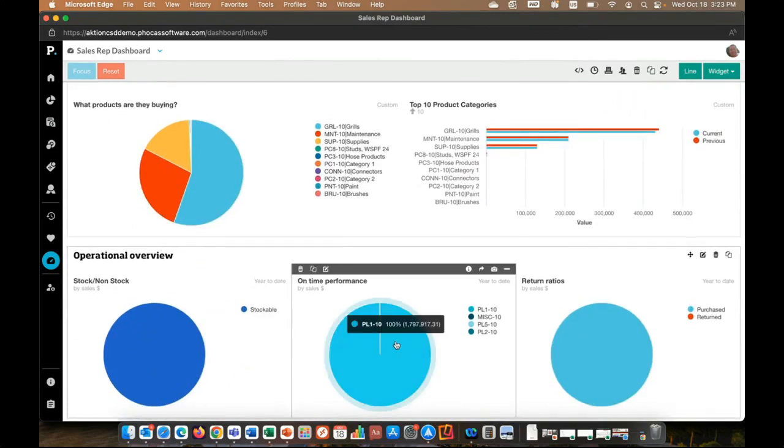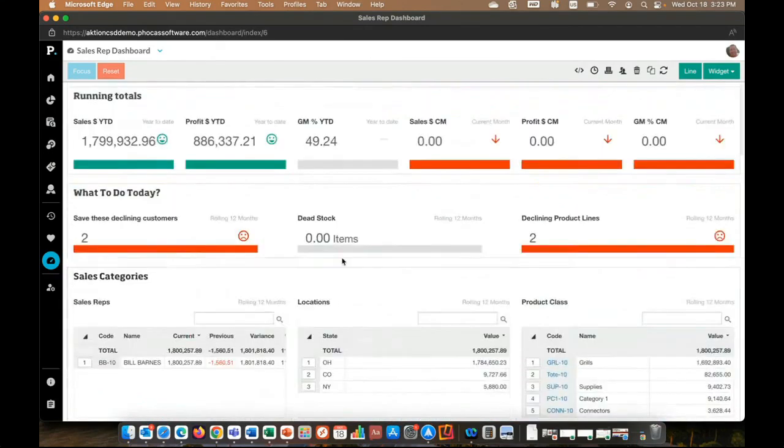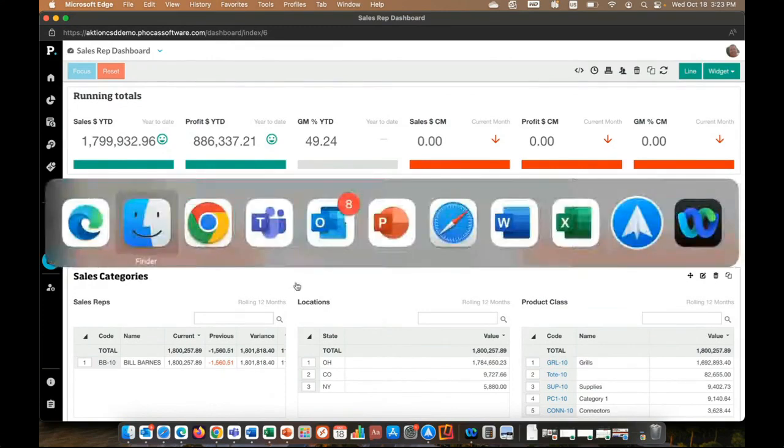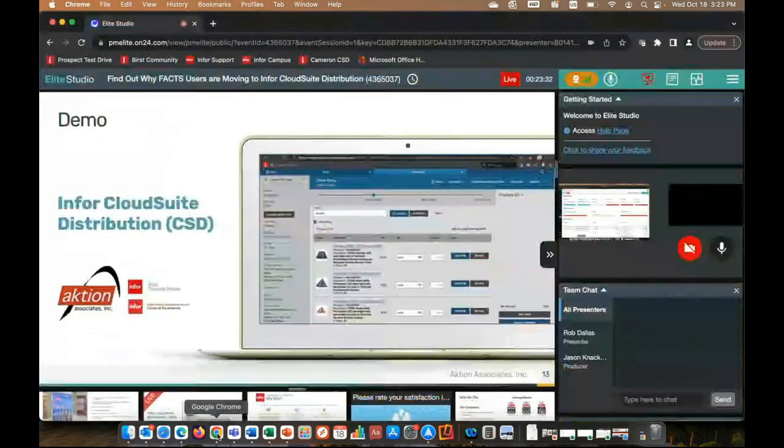And again, these come out of the box, but you can edit and take widgets from one dashboard, create your own. And again, have a more personalized experience for analytics. Because again, the goal here is to take all that data you have and turn it into useful information. Okay, so let me go back to,